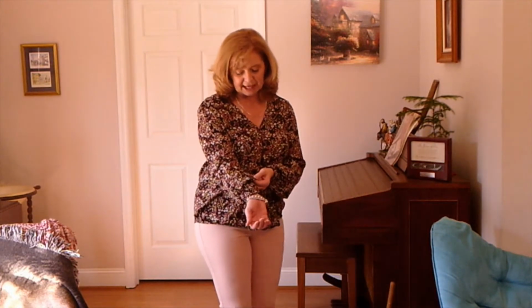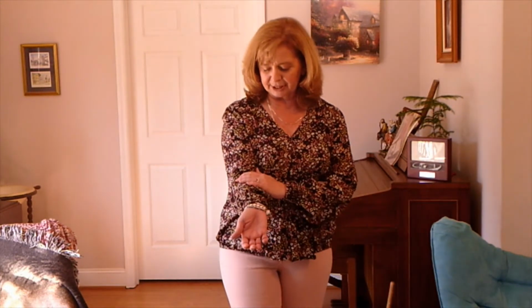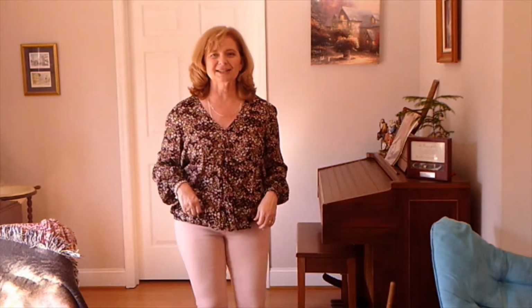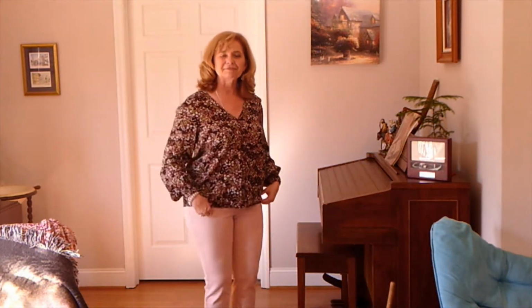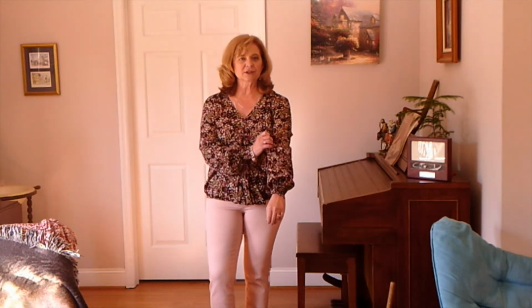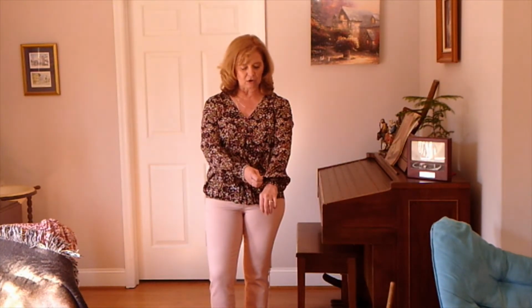It could be on a black background, but the way the print is, it looks more purpley to me, but it possibly is black. What do you think? What's it coming across as? And I know our lighting, we can't figure this lighting out as far as it going in and out, so we apologize for that. But yeah, this is a pretty one, and this is a good way for us in fall,